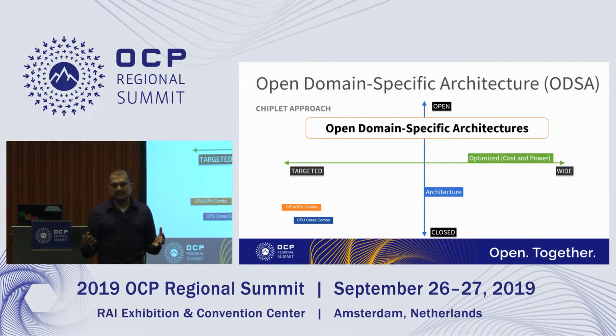So that gives you some appreciation of where open domain-specific architectures lie, why we need them, and how they fit into OCP. And as Bapi said, we can call it ODSA, but this is something which is going to continue to grow in the coming future, where people will use different approaches. Some might be proprietary, some might be open, but all of these would be used for addressing the diversity of workloads. In contrast to the carbon diversity which we saw in the Cambrian explosion, I call it silicon diversity. Interestingly, the same periodic table.